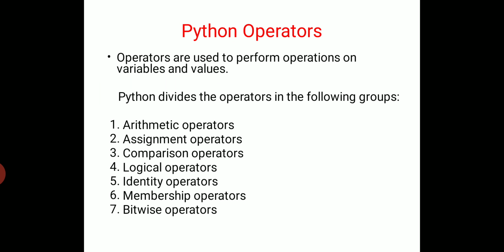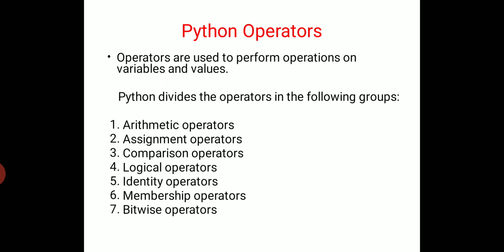So, basically, the basic utilization of operators is to perform any operations which contain one or two operands or more than two operands. So there are different types of operators given in Python to perform any arithmetical, comparison, logical or any other task. So these operators are divided into the following groups.